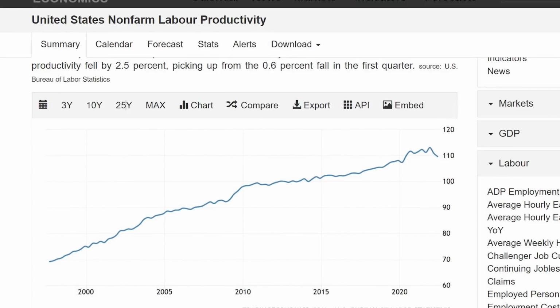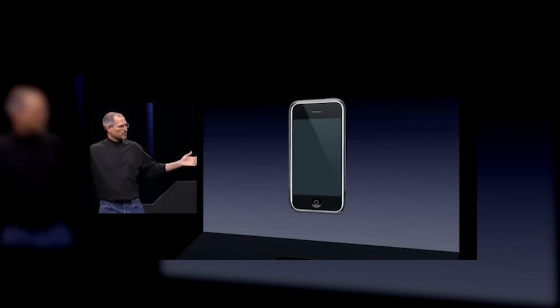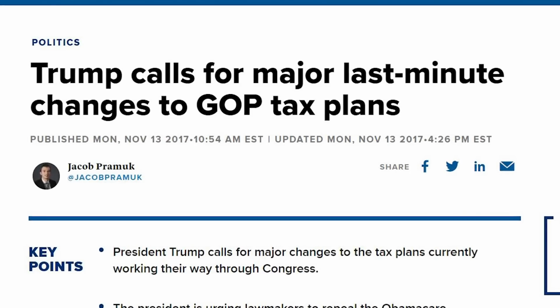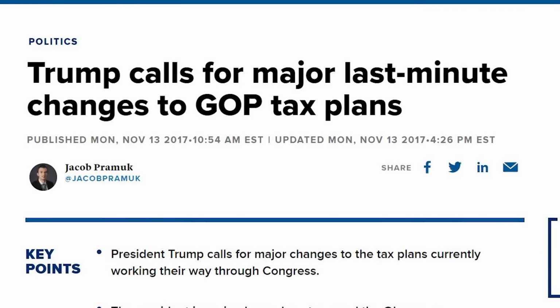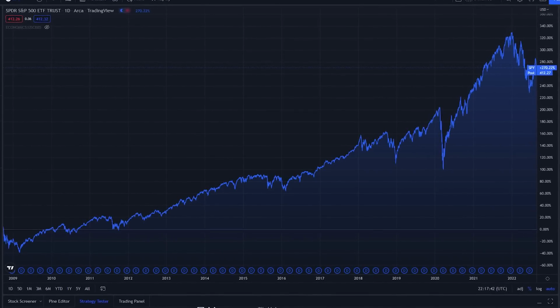But the truth is, it's not just because of QE alone. There were other factors which boosted the market. Labor productivity went up during that time as companies were producing more goods and services. There was a tech boom as companies like Apple, Microsoft, Amazon, Google quickly grew during that period and became the top companies that we all know now. Interest rates were at record low levels. Donald Trump introduced aggressive tax cuts and increased government spending. All this led to the positive returns that we saw during QE periods.